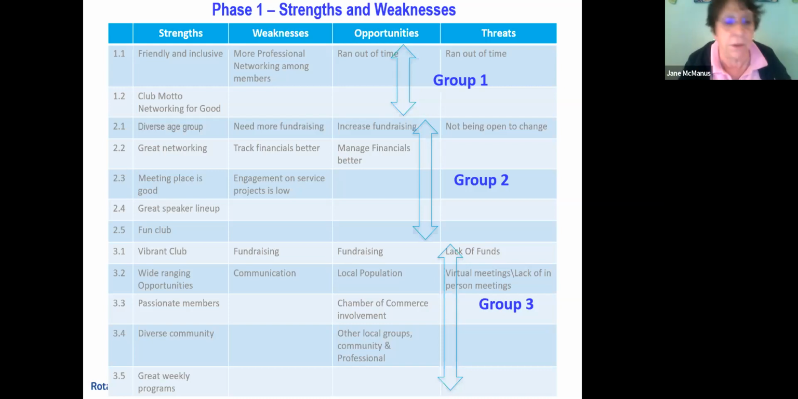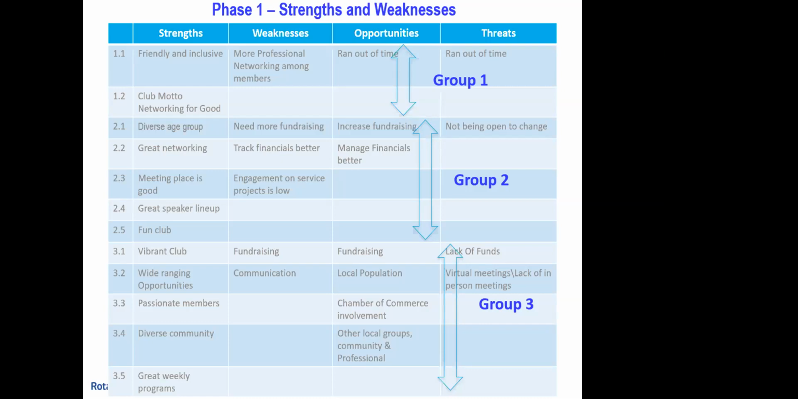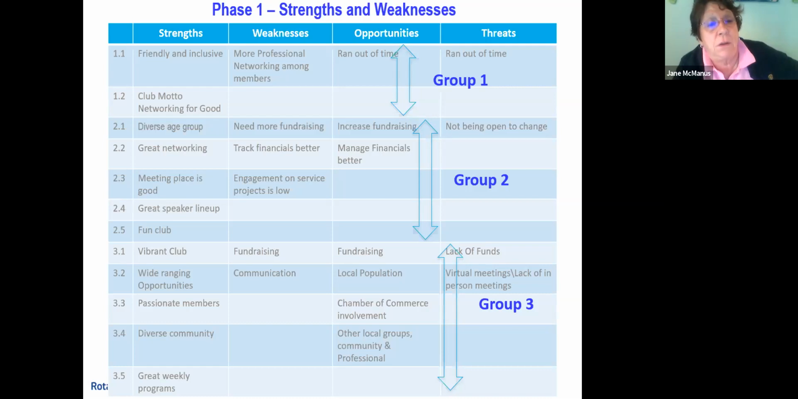When I look at these, a lot of these also, when you're developing this vision statement, look to membership again. Vibrant club, a fun club, keeping people engaged, diverse age groups. And then fundraising seemed to be a major concern we really wanted to improve on. So when I looked at this, I put membership as the first focus, and then